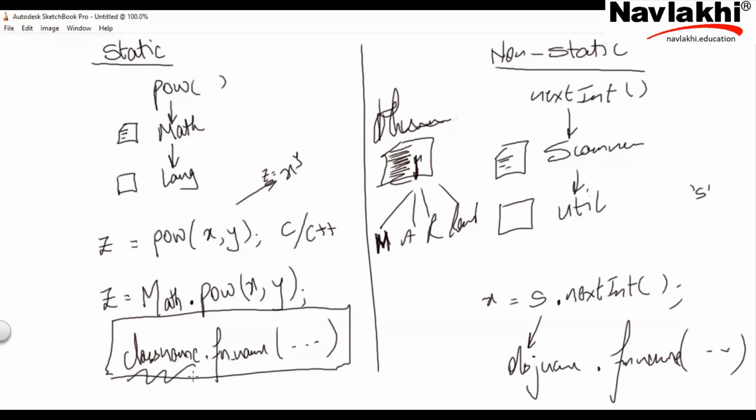If it's a static function, it's class name dot function name with no instances required, because we are talking of static functions, meaning general functions, not belonging to any particular instance or object. But when we are talking of a non-static function, we'll have to create an instance of the class. And via that instance, we will have to access the function, because it is not scanner's nextInt, it is S ka nextInt.